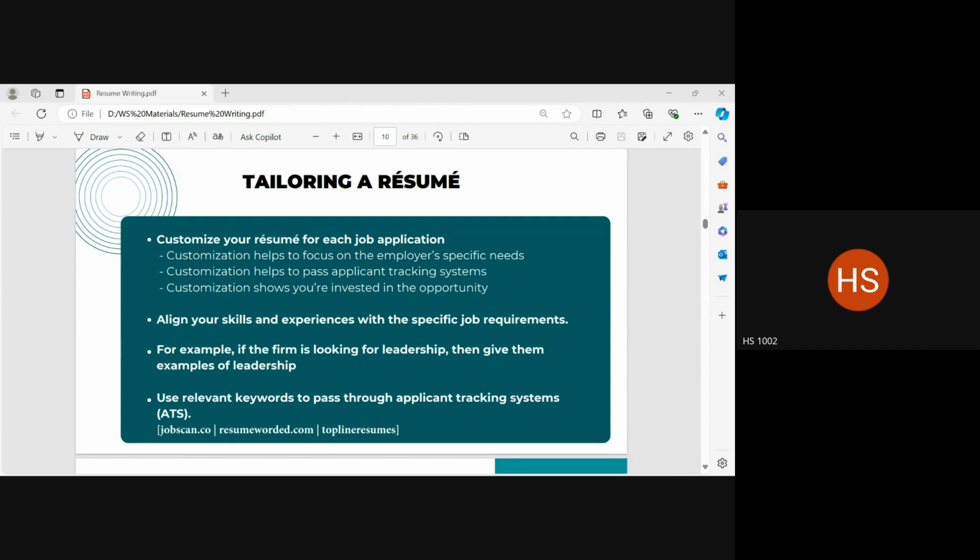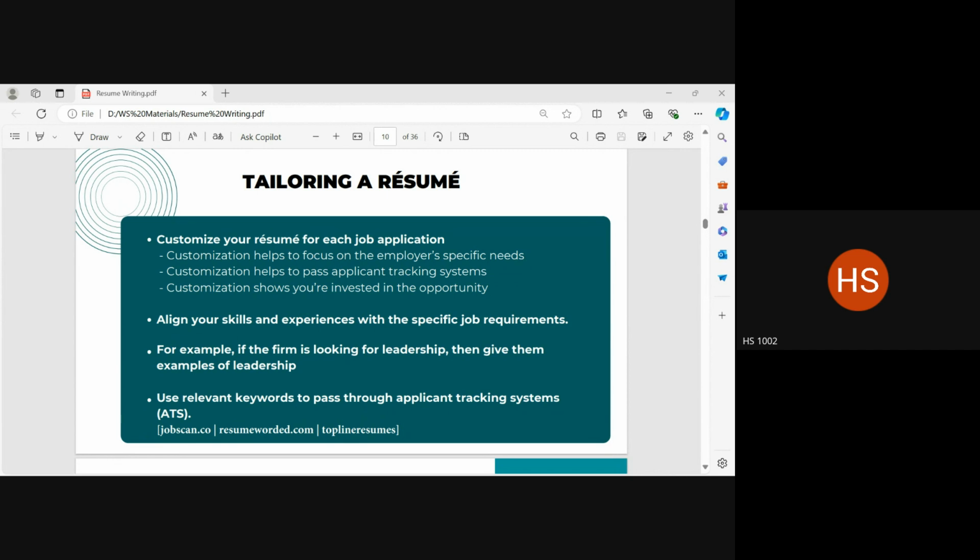Tailoring a resume simply means customizing your resume for the job in that job description. Okay? You don't send out the same resume for multiple jobs. For each job, you take out that resume and you add to it, you edit it, you customize it. Why do we do this?